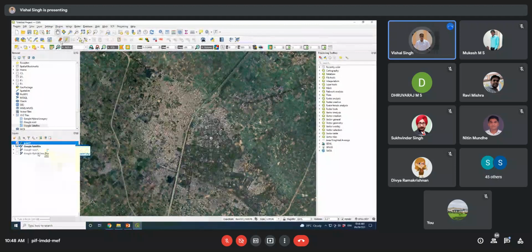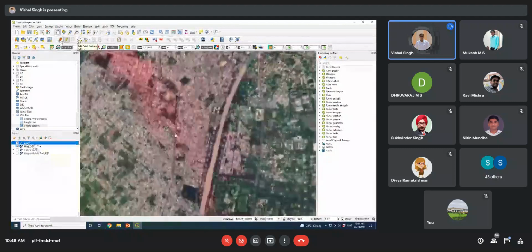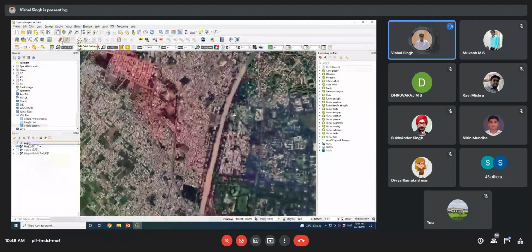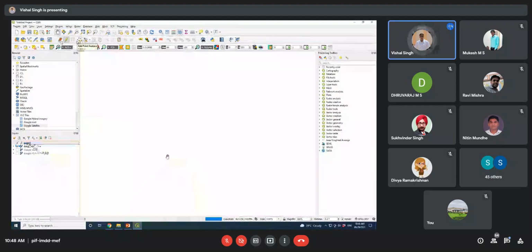As you can see, my shapefile is a point shapefile, and you can see this point sign in this icon. Now I can generate some information like this. Suppose you can identify some features here.